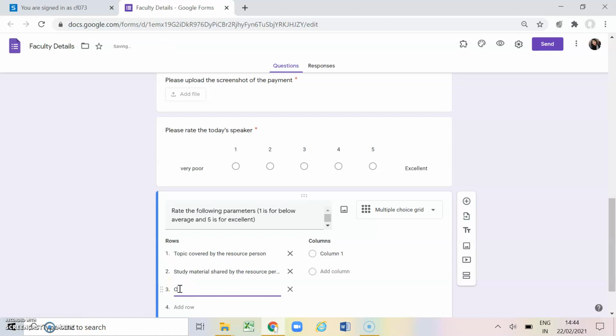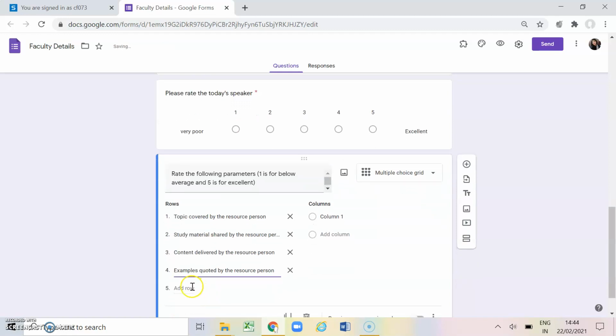Another parameter, content delivered by the resource person. Then examples quoted by the resource person. And another parameter is topic was fully covered and clarified fully by the resource person.